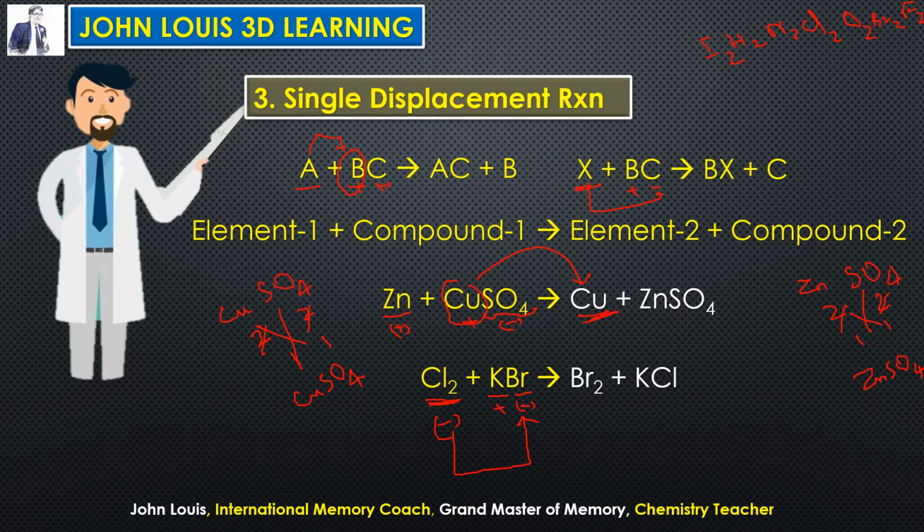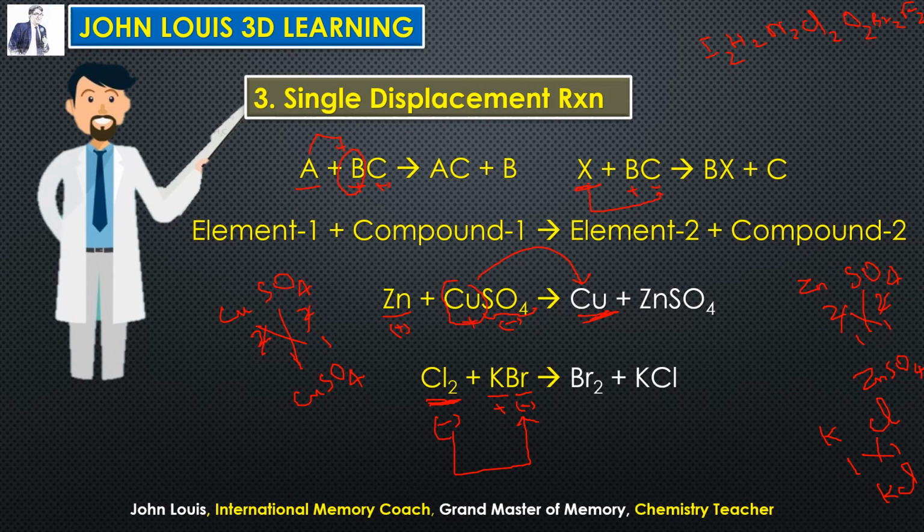So when chlorine goes to the bromine place, you cannot write KCl2. So what do you need to write? You have to apply the 4 steps rule. Potassium is K, chloride is Cl, valency 1 and 1, therefore you get KCl. Understand? You cannot simply replace bromine and write KCl2 here. Clear? When you are writing the formula of a compound, we have to always apply the 4 steps rule. You should know the symbols, you should know the valencies, and using them, how to write the molecular formula correctly. Only then chemistry becomes very easy for you.